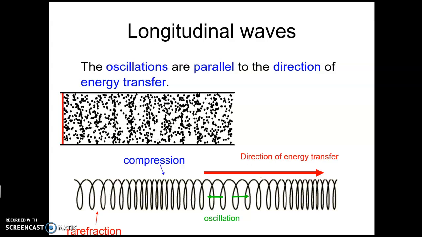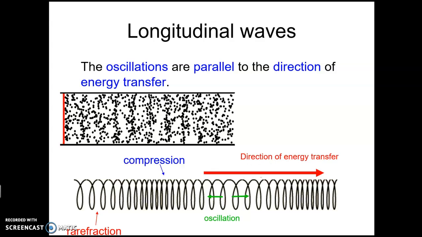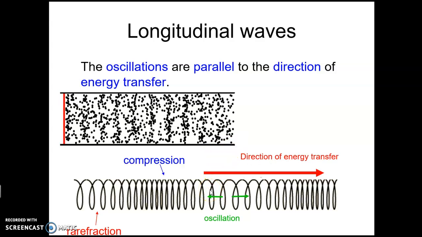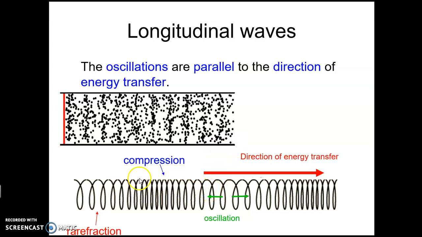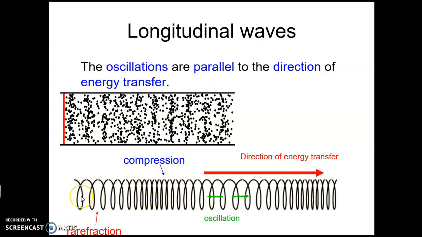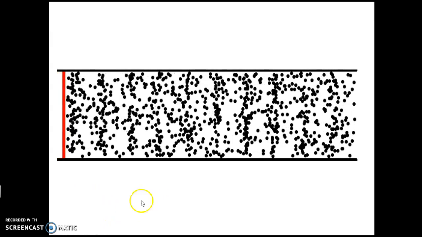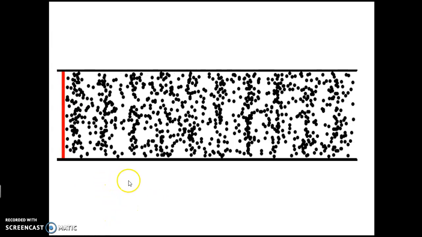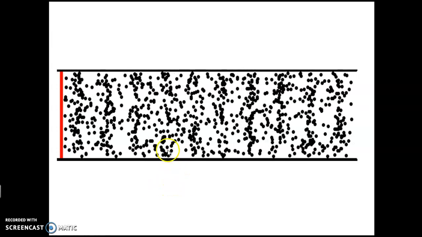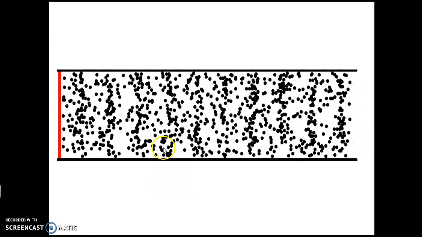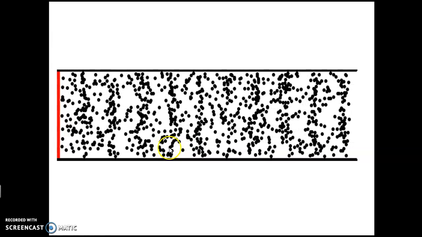The other type of wave is longitudinal waves. This time the oscillation is parallel to the direction of energy transfer. Now, instead of peaks and troughs, we have compressions and rarefactions. So let's have a look at that in a bit more detail. You can see these waves are travelling again from left to right. But again, if you look at any particle, let's look at this particle here, it's vibrating left to right